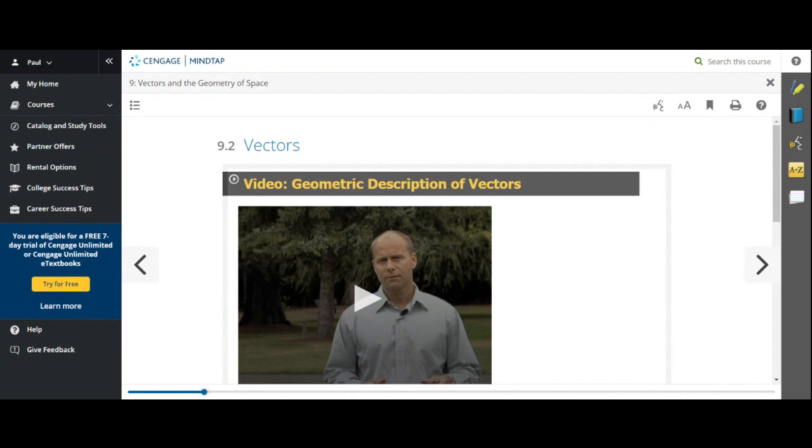So vectors are used to represent forces and velocities in space. That's one of their big things, right? So a vector has a direction and a magnitude. That's what defines a vector. So forces and velocities also have directions and magnitudes. And so, for instance here,